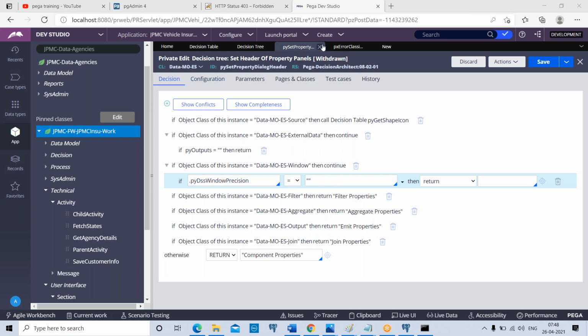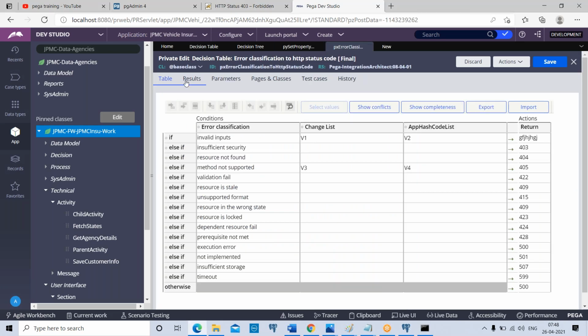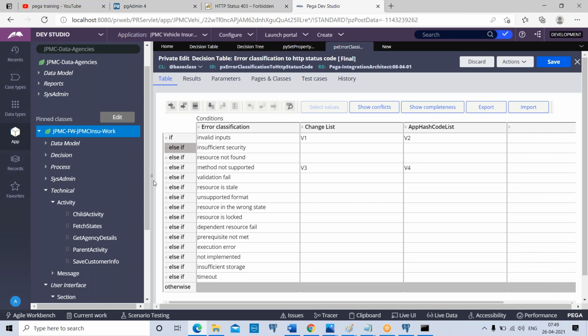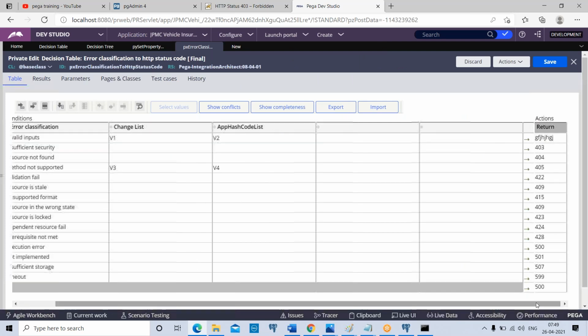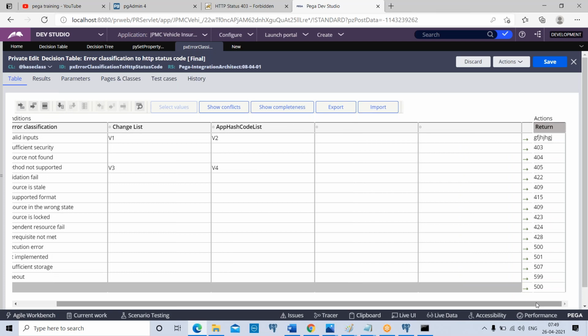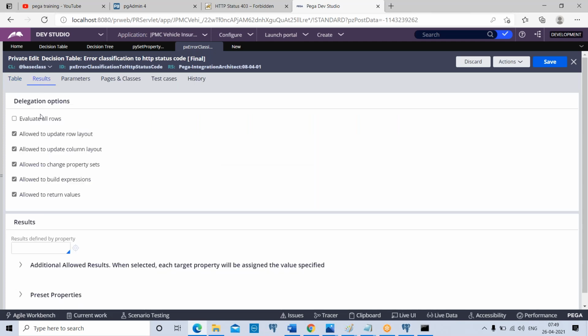And one more point, look at here. In decision table, I am going to place my cursor here at the return and try to click on insert column. Is it adding one more return column or is it adding only a condition column? Am I able to add one more return column? I have shown you just now. No, I am not able to add one more return column. Only one return column will be there, only one value returned. Same is the case in tree also. But table has one option which is not there with the tree.